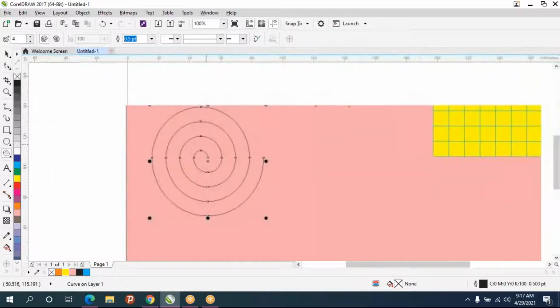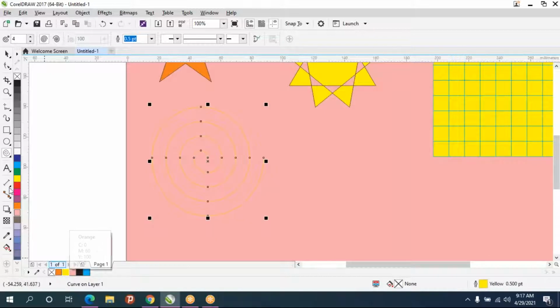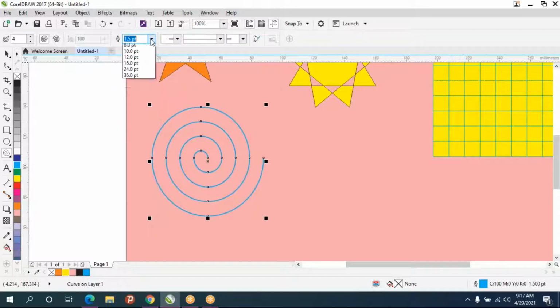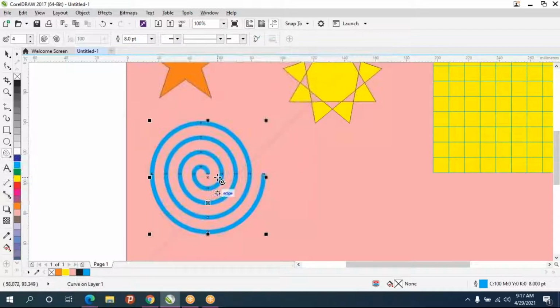So color fill option won't be there. Only outline you can give. So outline color whatever you want you can give, and you can increase the outline size. And because this is not a closed object, the start point is here and the end point is here.